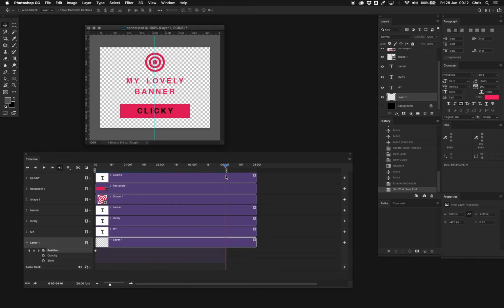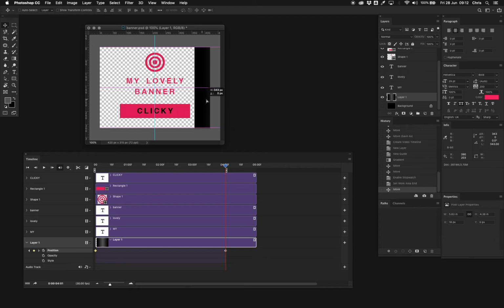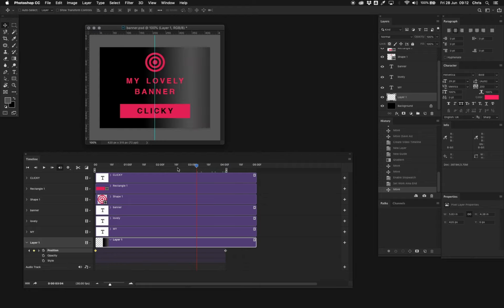Okay, so we take it to the end of the animation, and we've got a layer, and we want to move that all the way across. And you see it's automatically created a keyframe there. So I'm just going to switch the background layer back on, and you'll now see that as we scrub through the timeline,